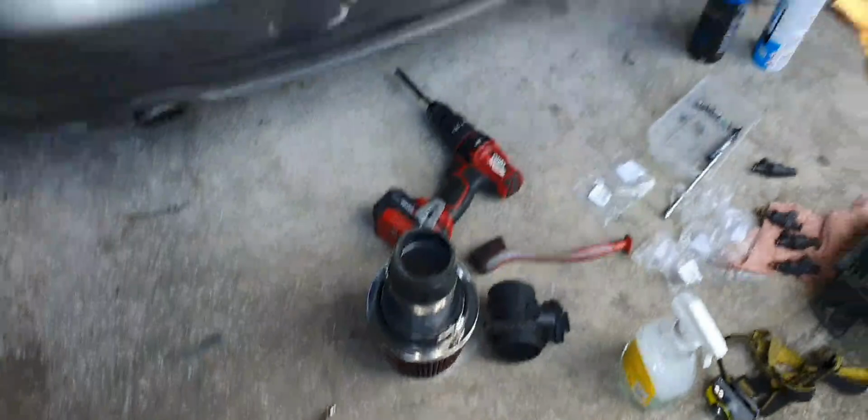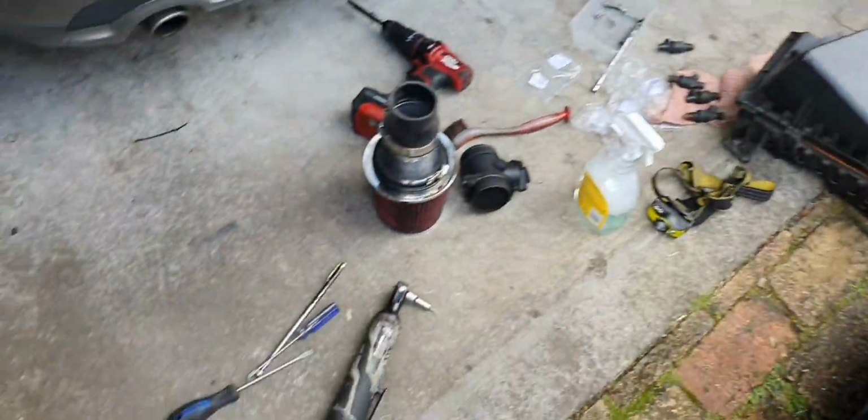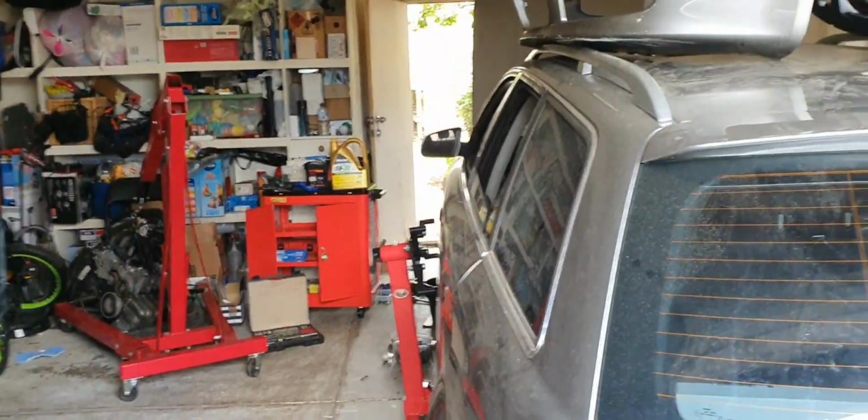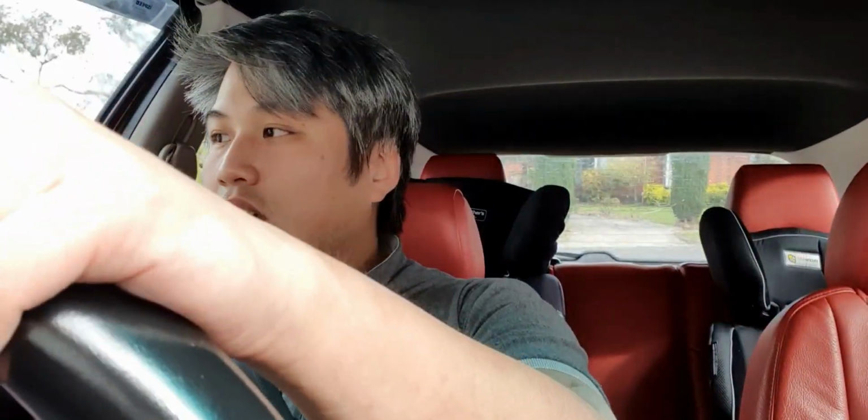But after I could clean up some mess. Try and keep it clean so that we can do the engine swap. Alrighty. The first time that I'm going to be driving it with the new tune. So just to recap, I got Saab red tops, which are Bosch injectors, 360cc, and